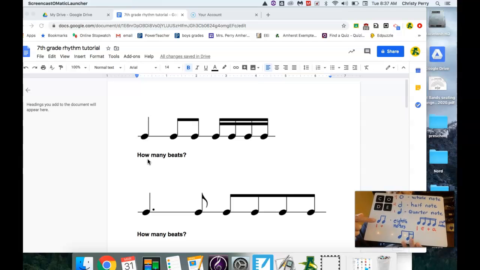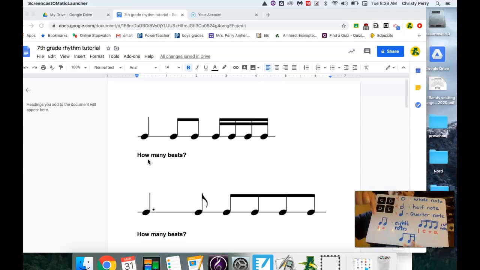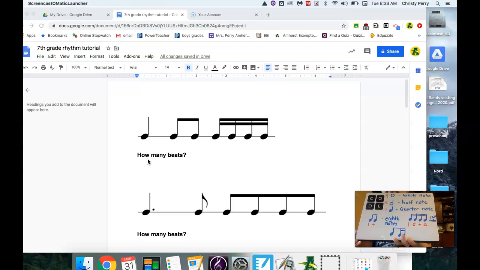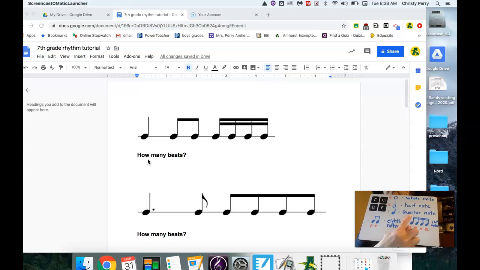It doesn't matter if the note is down and the stem is going up, or if the note is up here and the stem is going down. There's really no such thing as an upside down note. But the eighth notes, there are 2 per beat. And then our faster valued notes, our 16th note. Double stripe,